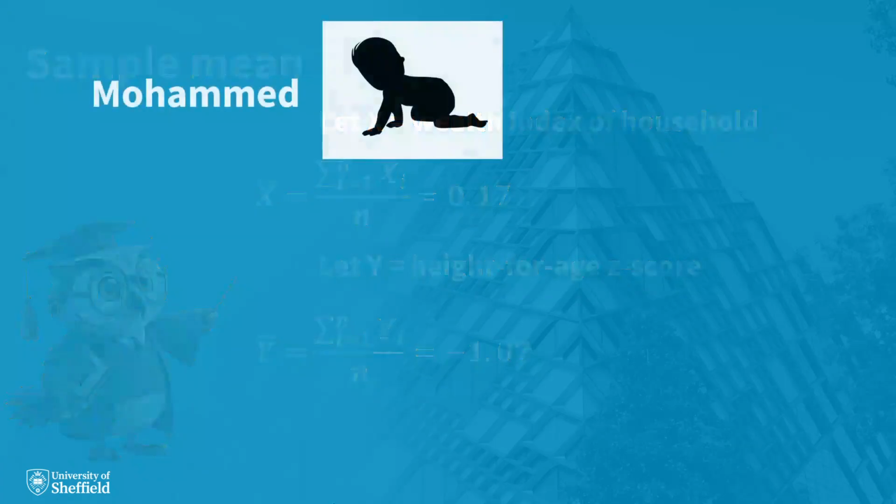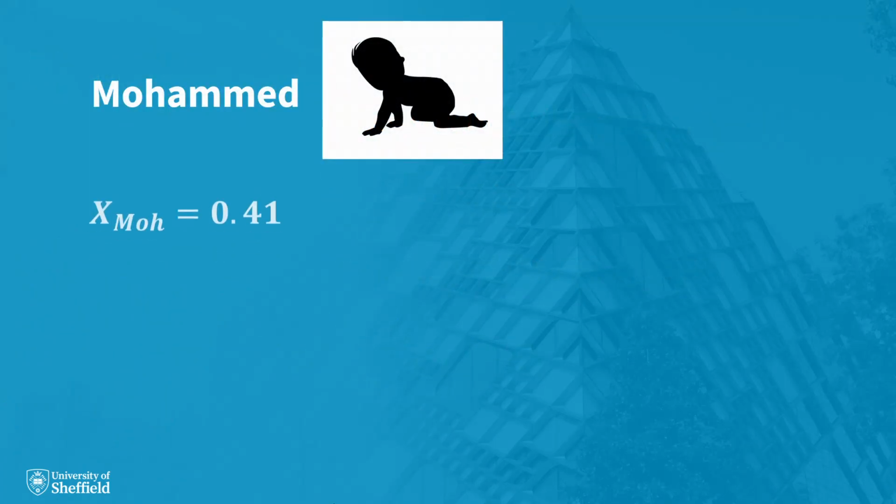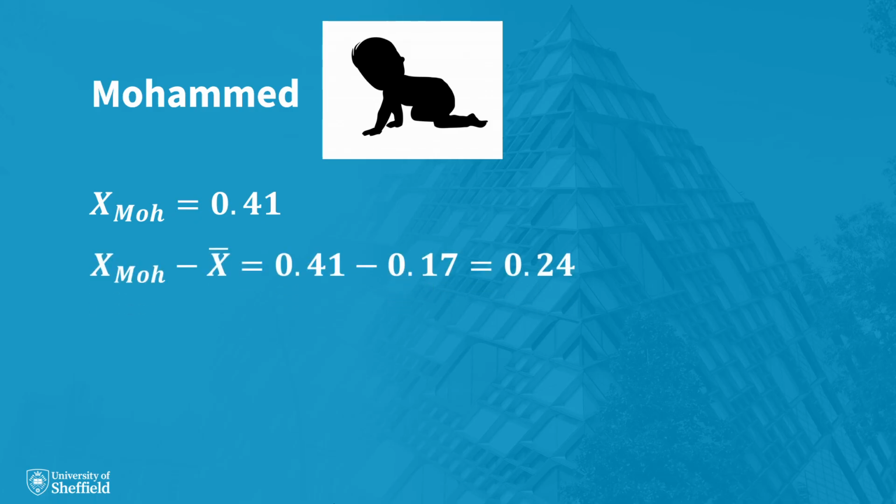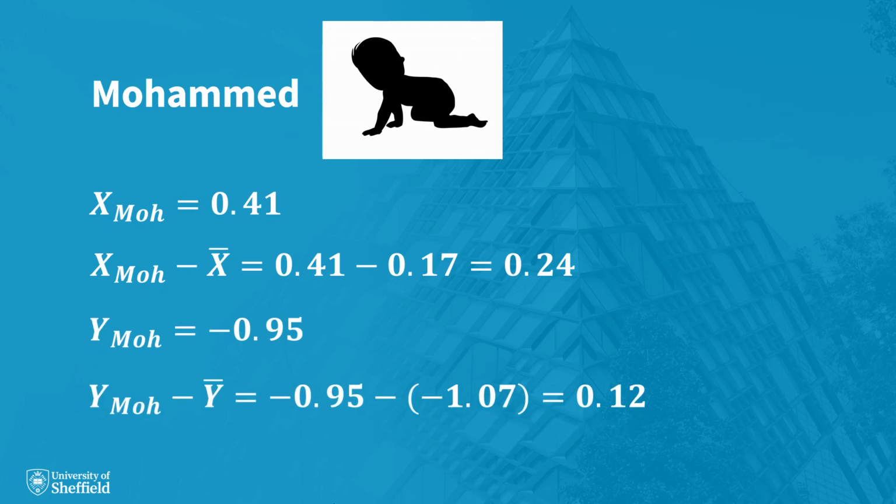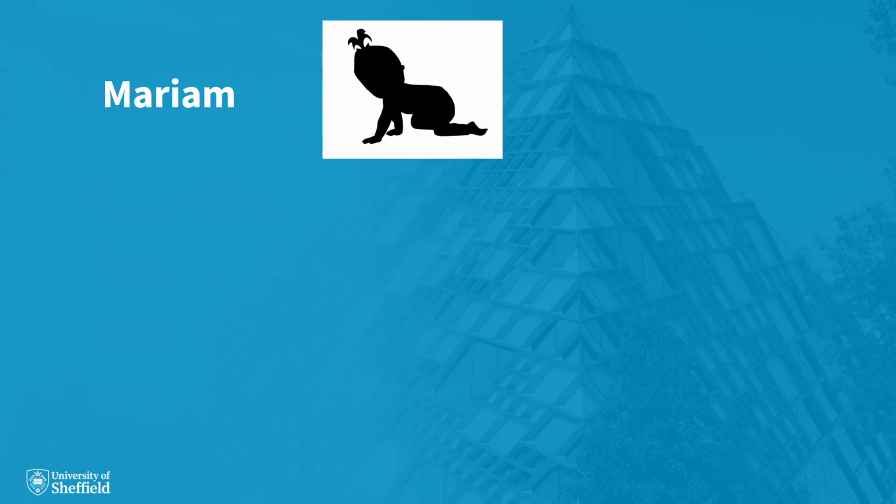First, Mohammed. As we've seen, he has a wealth index of 0.41. This is 0.24 above the sample mean of 0.17. Mohammed's Z-score, the y variable, remember, is also above the mean, minus 0.95, compared to minus 1.07, so a difference of 0.12. Mariam, on the other hand, has a below average wealth index, which is represented by a negative difference